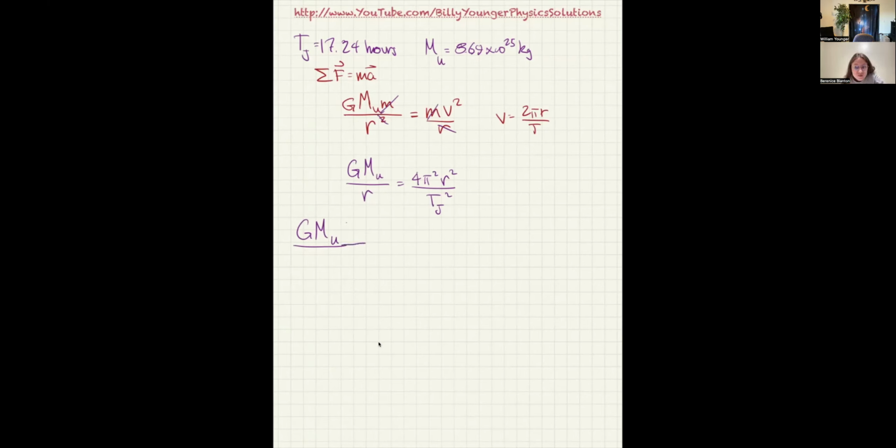So I need to put the T Uranus. I said Jupiter, but it should be Uranus anyway. I need to put that squared here and then 4 pi squared in the bottom, and that would leave me r cubed. Okay, so rearranging everything, you isolate the r, and then you take the cube root. Yep, exactly. So r should be equal to the cube root of